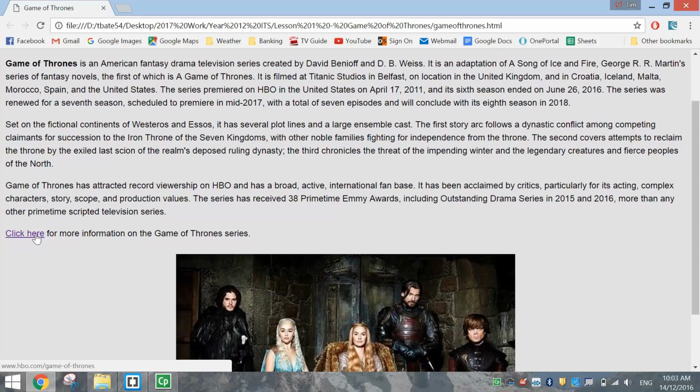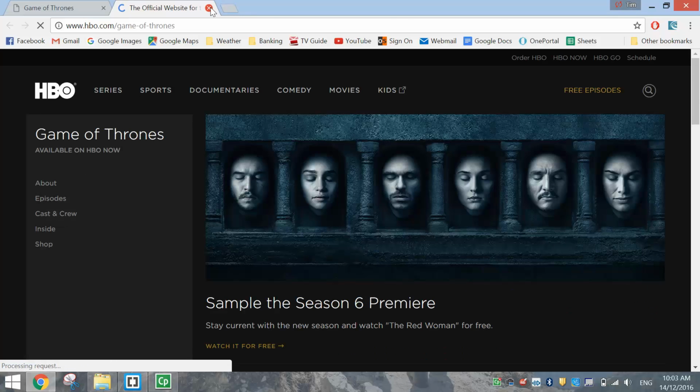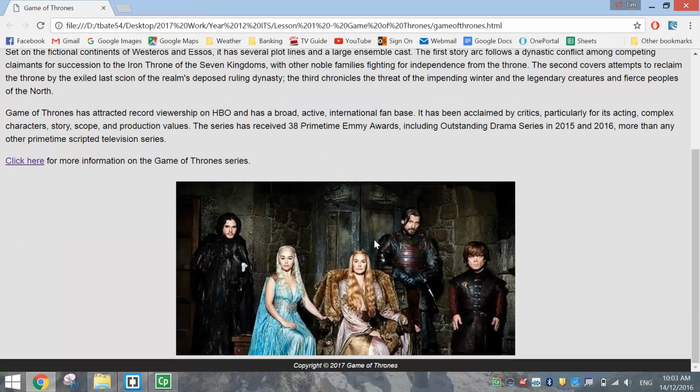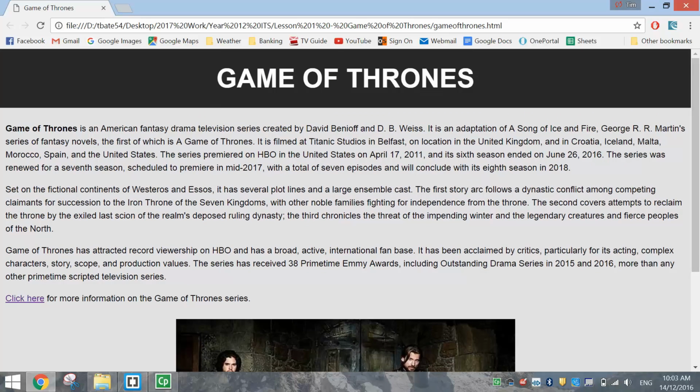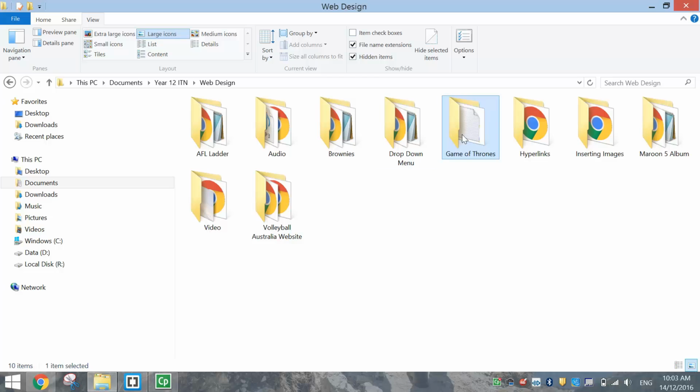We've also got a hyperlink thrown in for good measure that takes you off to the official website for Game of Thrones. And a little bit lower, we've got an image of the cast members, and we've also got a footer, which is just a copyright statement. Okay, so fairly simple. To get started, you'll need to go into your account and make yourself a Game of